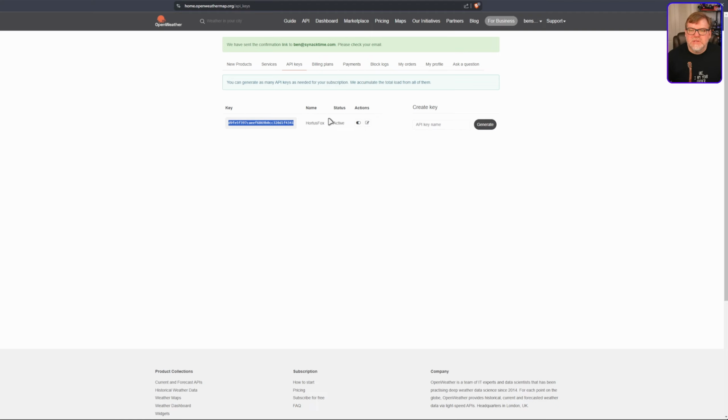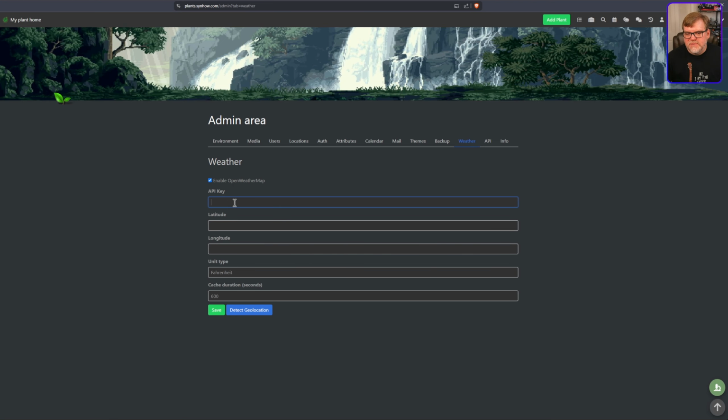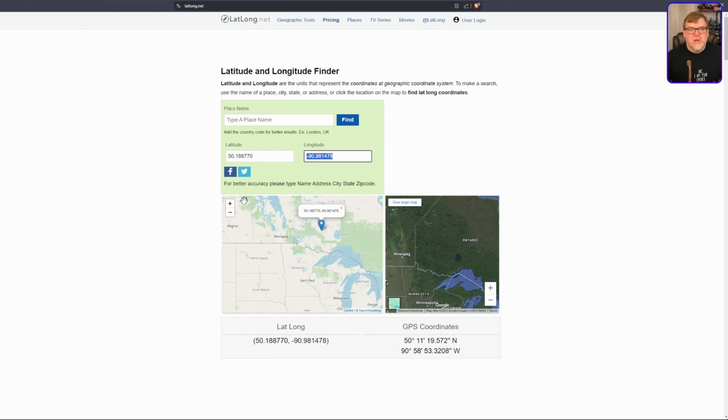This will probably ask you just to give it a quick name since this will be your first API. Once we do have this code, let's head on over to our HortusFox and paste it in here. And now we are going to need to know our longitude and our latitude. The easiest way to find this, you can hit detect geolocation and let it try to detect your location. But if you wanted to be a little bit more precise, you could go to